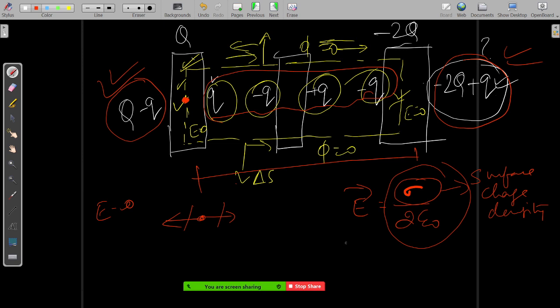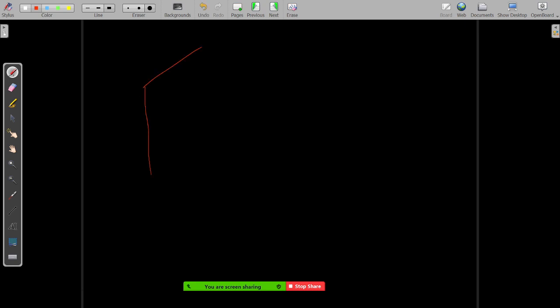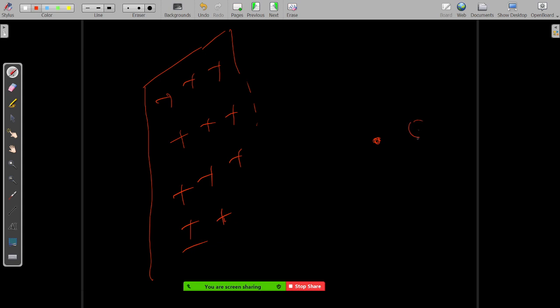See, what I mean to say is they will be giving you questions like this. Let's say a plate charge is there. This is a plate spread with positive charges, a three-dimensional plate, and it is very large. They want you to find the electric field due to this plate, and the surface charge density is sigma. Surface charge density means the total charge per unit area. Charge per unit area is called the surface charge density.